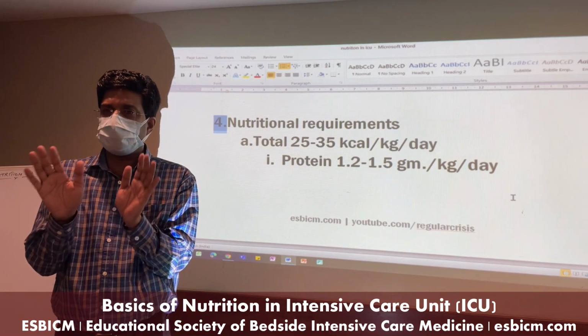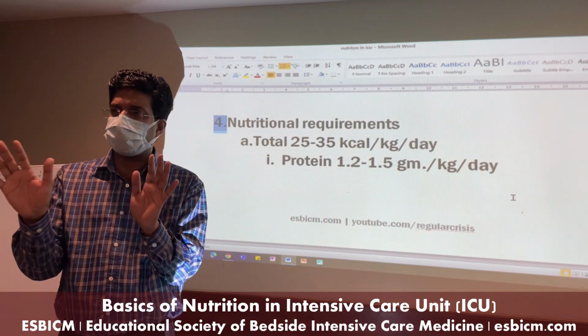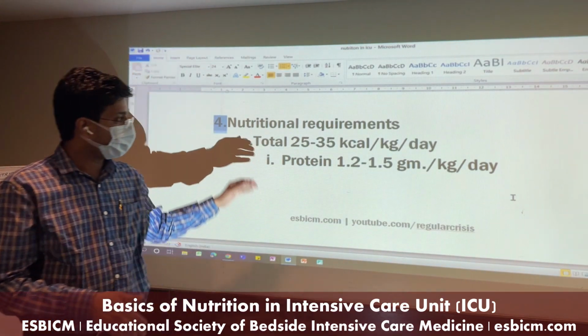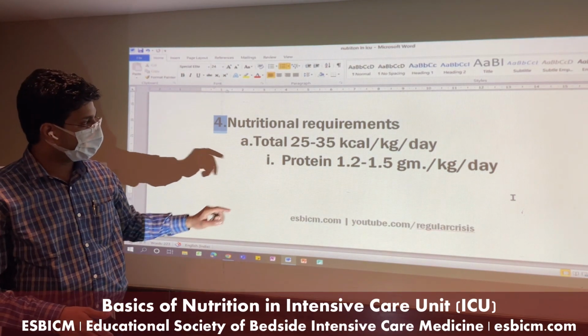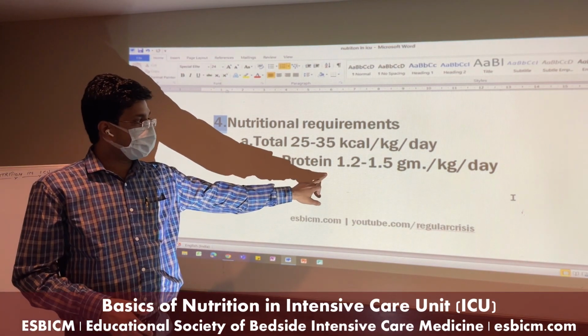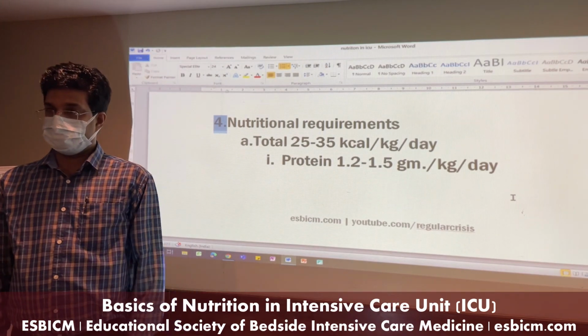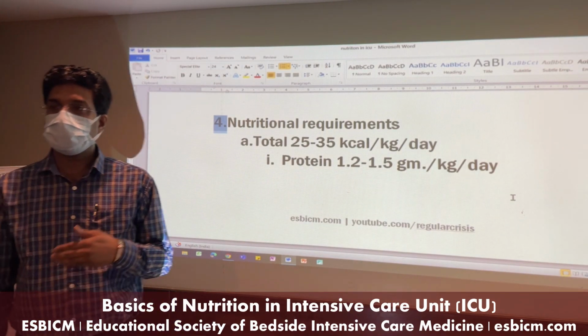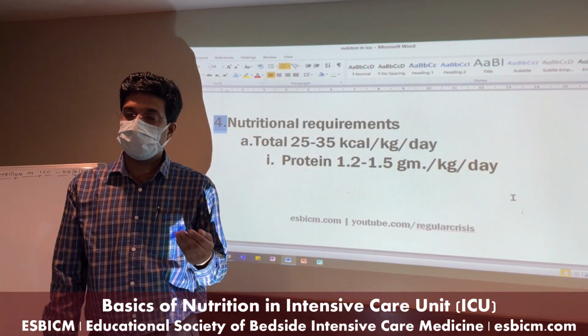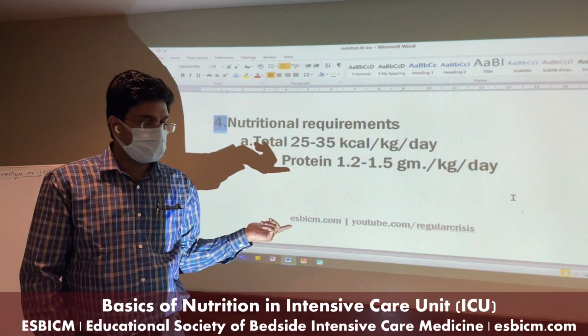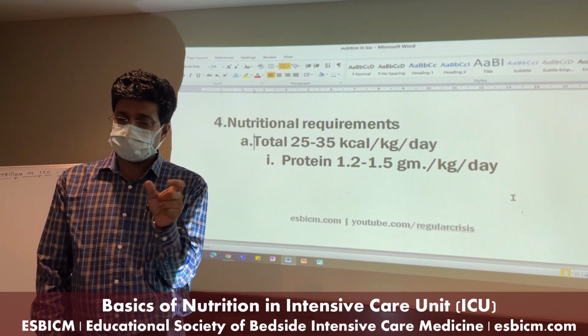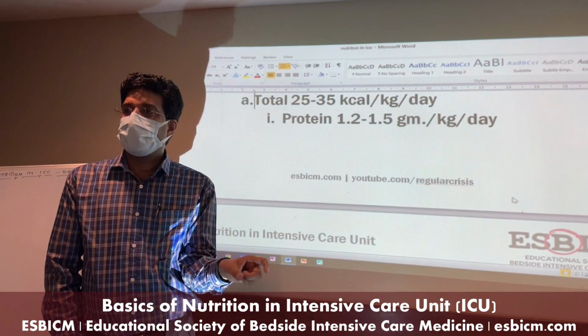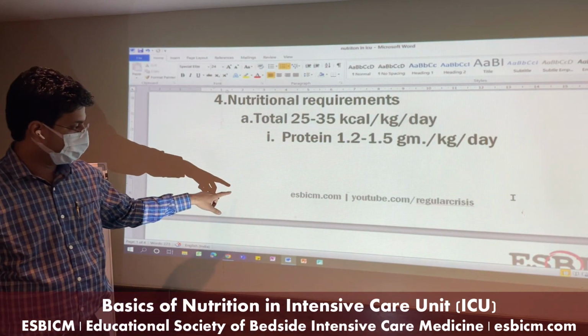Now the question is how you are going to feed this. Suppose you need to give 2100 or roughly 2000 calories a day. So out of those calories, what do you need to give? Protein should comprise 1 to 1.5 gram per kg per day. Earlier it was 1, but now they've increased to 1.2 to 1.5. If we calculate by 1, a 70 kg person requires 70 gram of protein per day.